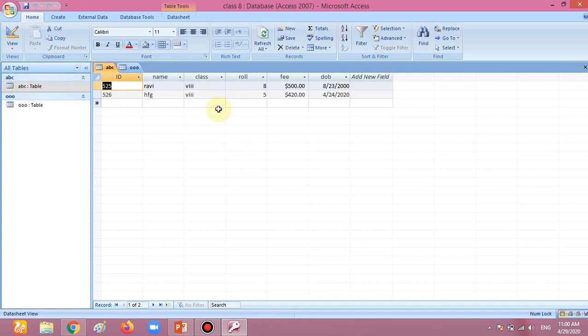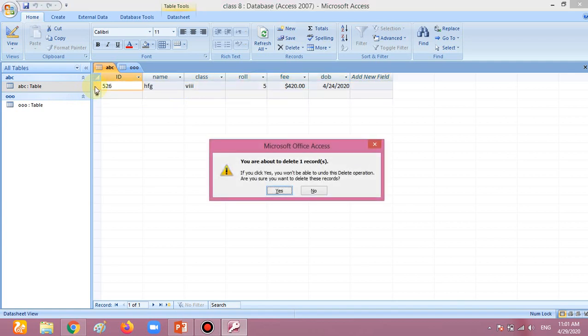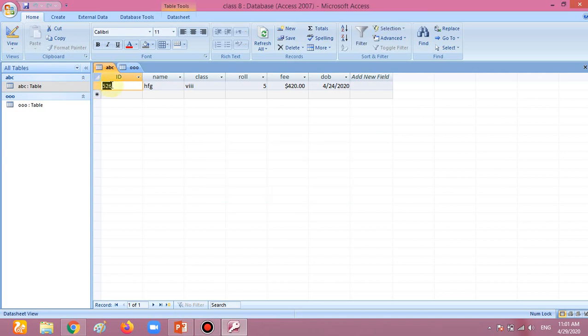Now in table 2, I'm going to delete a data. How can we delete a data? For deleting a data, select the data. Now data is selected. Okay, now when I click like this, when we have this type of error, then we select the data and simply click the delete button. Simply press the delete button on your keyboard and the data will be deleted.